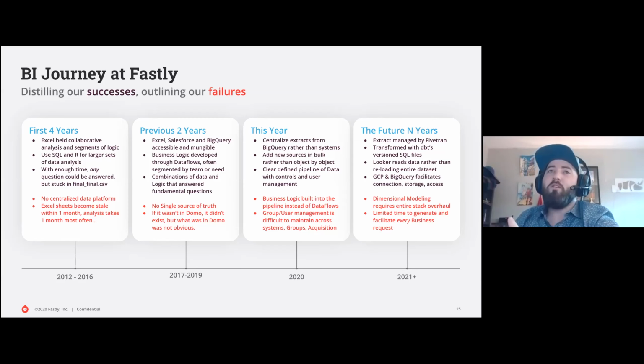We really were able to clean that up, as well as really defining what our pipeline looks like with controls and user management. But unfortunately, some of our business logic still exists in those data flows, and it's really hard to extract that into a way that's meaningful. We also have difficulty maintaining groups across systems or even acquisitions. We recently acquired a company and now have to think about how to bring all of those people into our